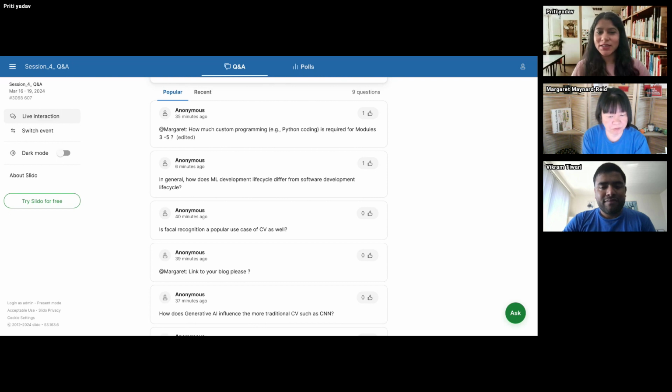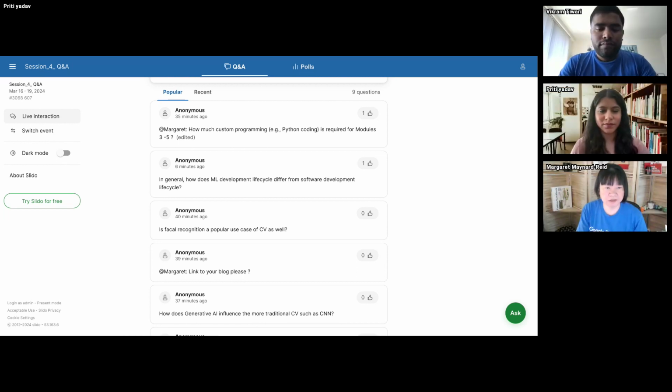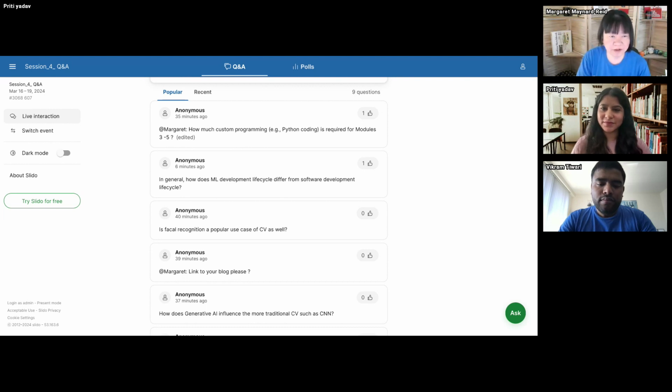Next one, is facial recognition a popular use case of computer vision as well? Yes, it is. I mentioned earlier that module 1 actually uses the Vision API for face detection.